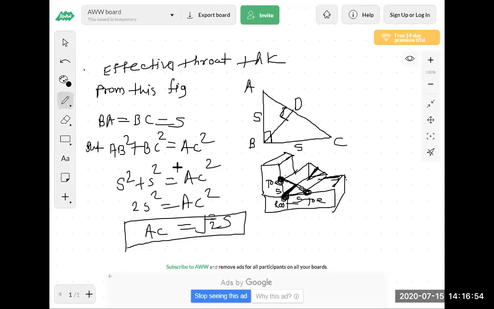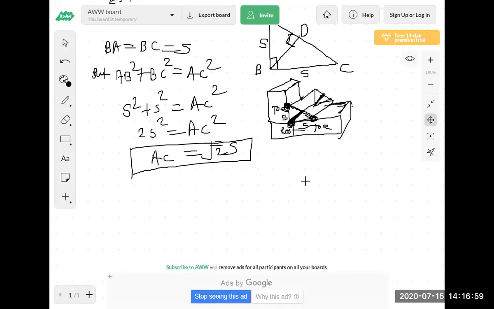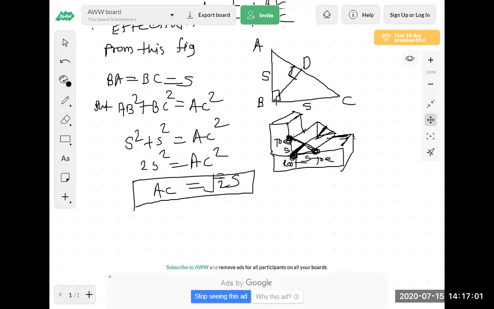Now we will move next. We have to calculate this BD. Finally, we have to calculate this BD, and the BD is the throat thickness, meaning diagonal thickness. So we have calculated AC first.